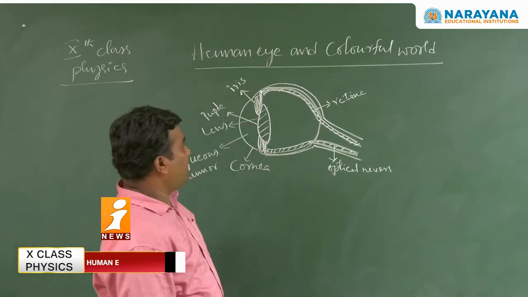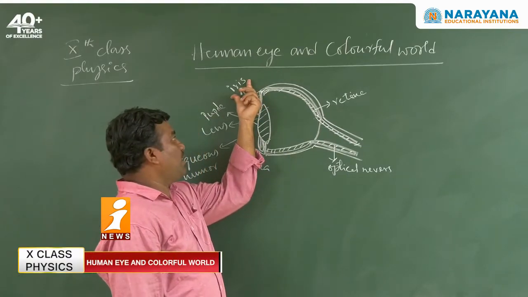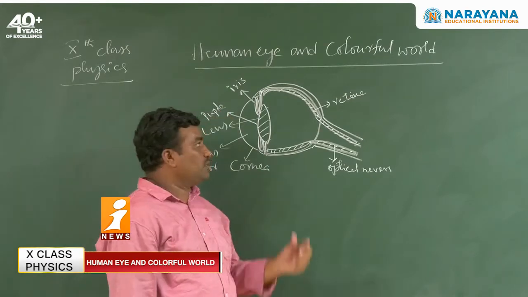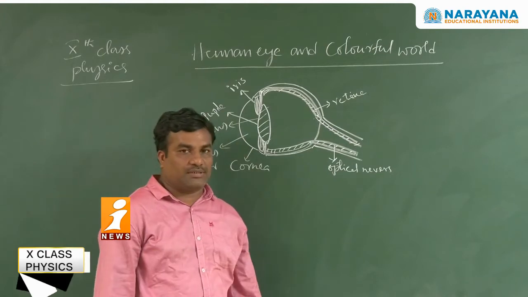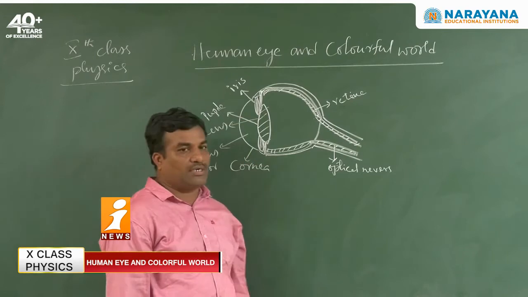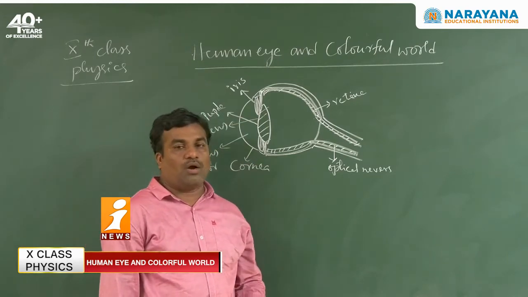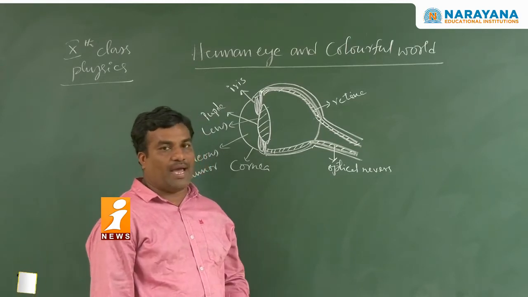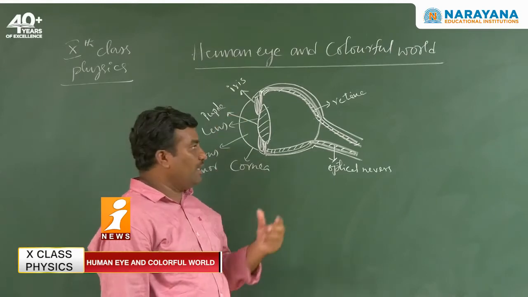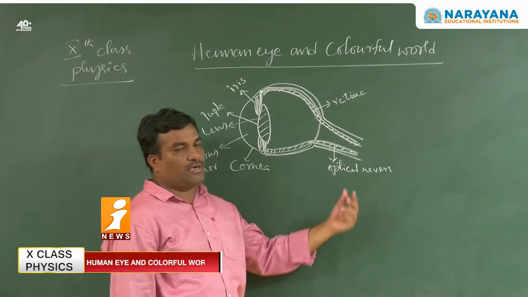In between the aqueous humor and the lens there is a membrane, the iris. The iris is colored, and it has a small hole, the pupil. The pupil appears black because when light rays fall on it, they are totally absorbed, with no chance of being reflected back outside the eye. There are also the retina and optical nerves.